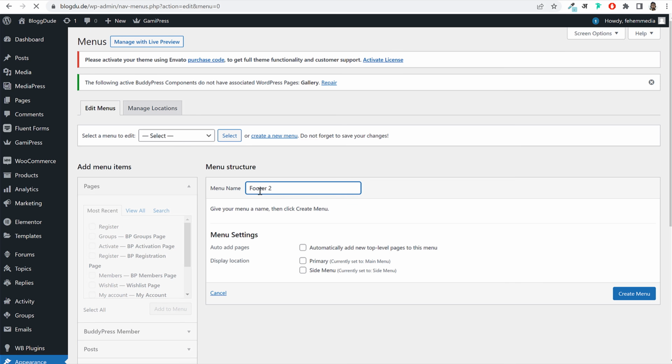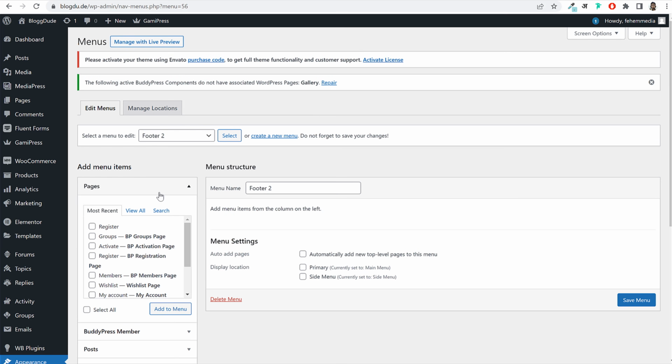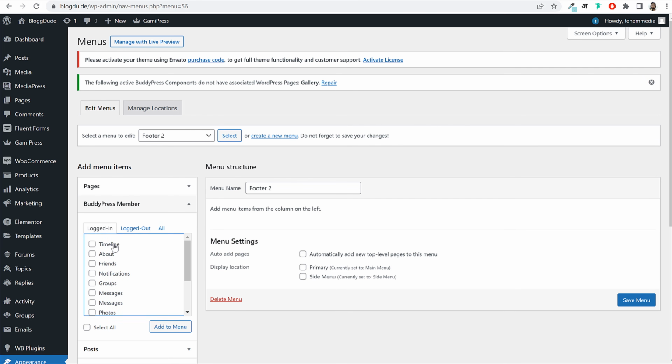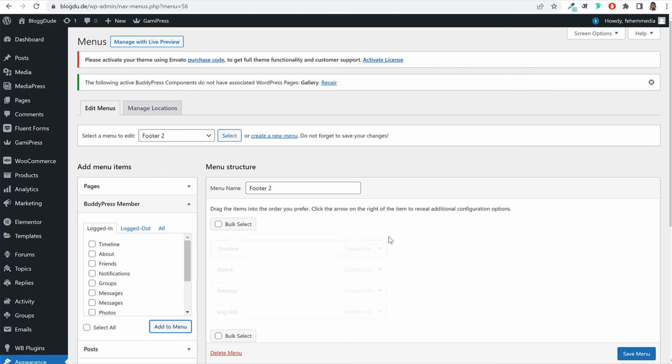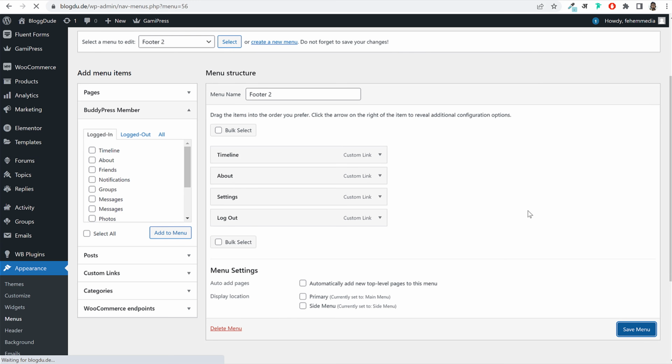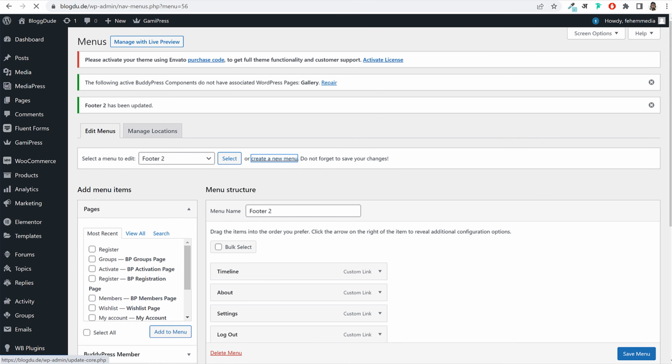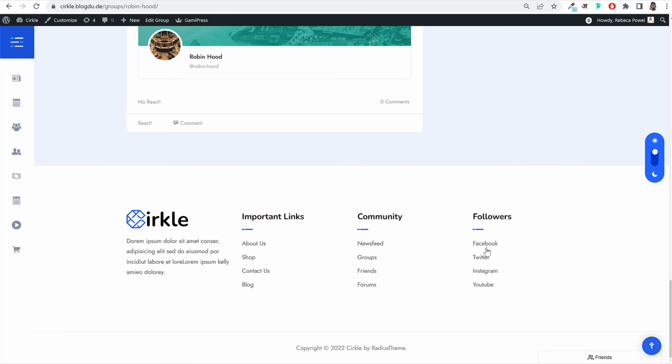So give it a title of footer 2, and under this, I'll add some more links. This time I'll add timeline, about, notification, logout and settings. So I'll remove maybe notifications. Okay, these 4 links. And for the third menu, I'll add my, as you can see, here we have added